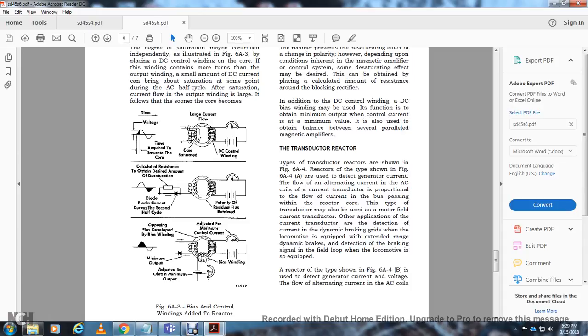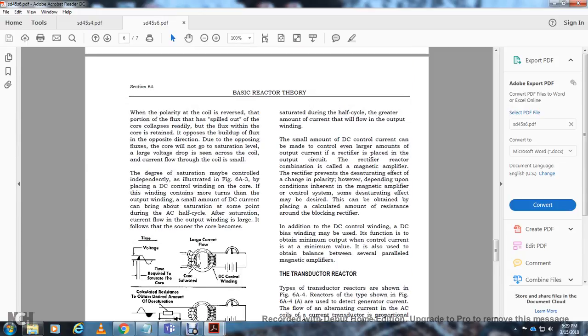Battery, rheostat, overspeed fluxing, overdeveloping in the bypass of the minimum output, adjusting and obtaining the output with the rheostat. Minimum control with a winding and basic battery. A small amount of DC control can be made with the control, even with a larger amount of output current, with the rectifier reactor for the output current circuit, with the rectifier reactor for the combination of the magnetic amplifier to